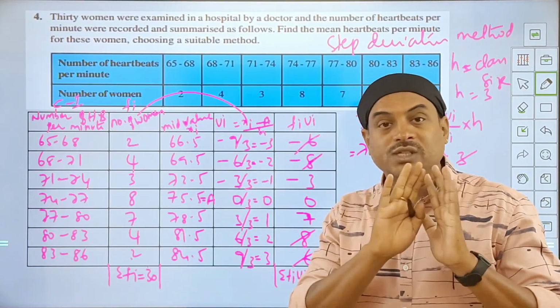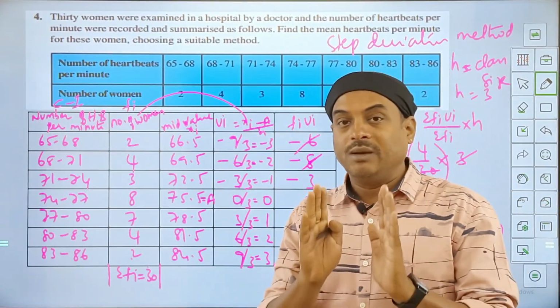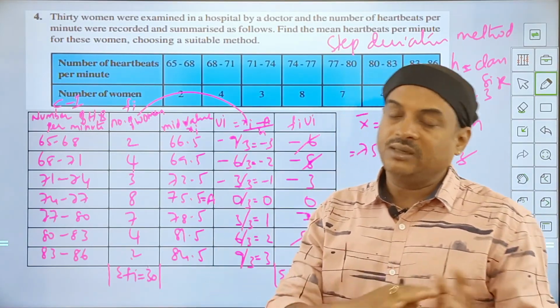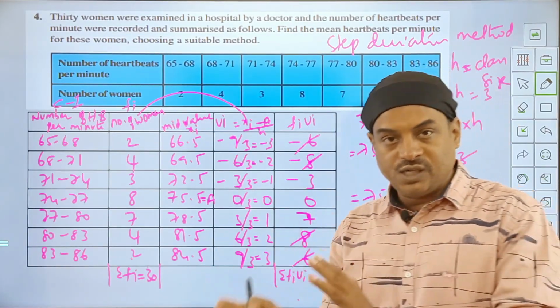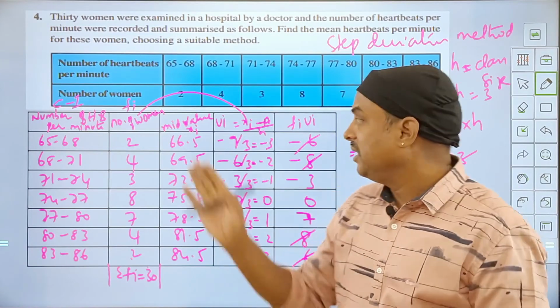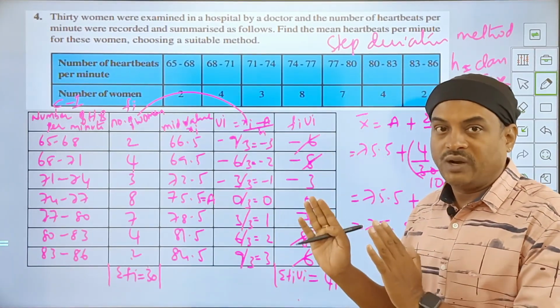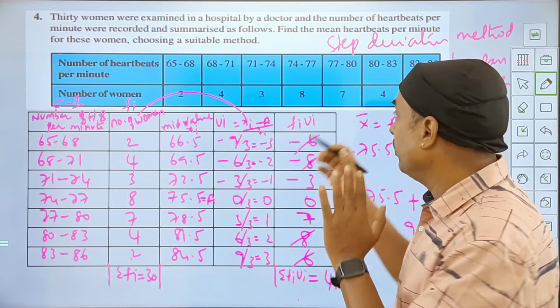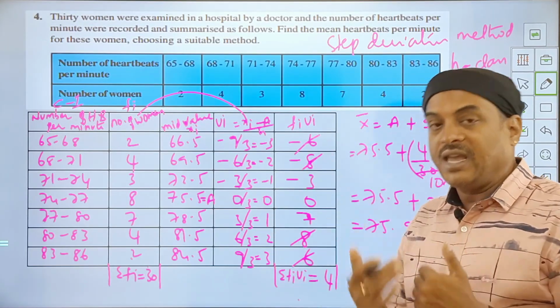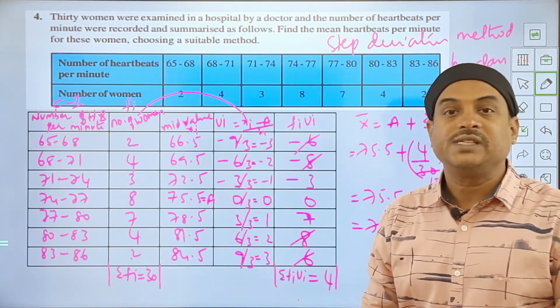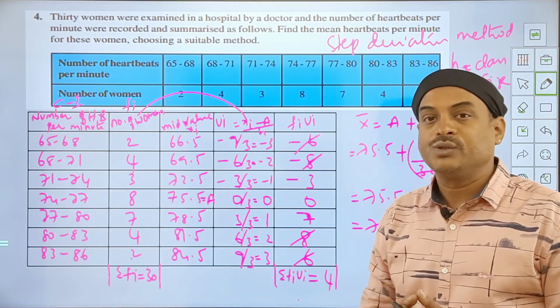But remember, it is all situation based. If the numbers are simple and you can do the direct method, ideally fine. If not, the deviation method. If not, the step deviation method. These are the numbers of columns that would be required for the step deviation method. Okay, so please try these questions. Try as many questions as you can. You have more questions in the exam exercise. Those questions also you can try.